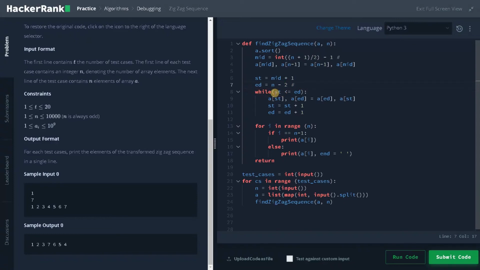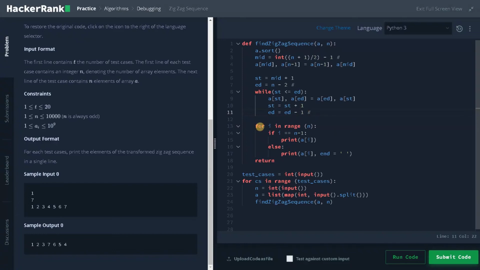Now in the loop, it just goes until start is less than or equal to end, and it will do the same swapping operation. So from the start we have to increment, and from the end, okay, here we have to decrement. So this is the decrement operation. So it will just keep on decrementing from start and end.